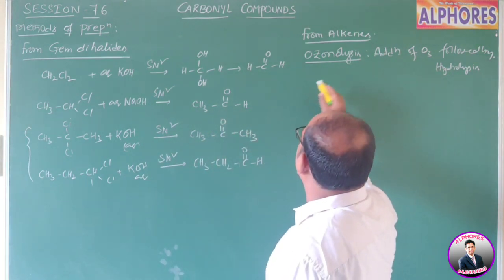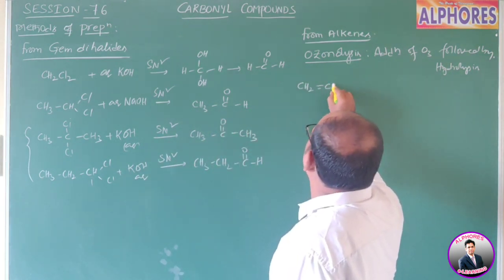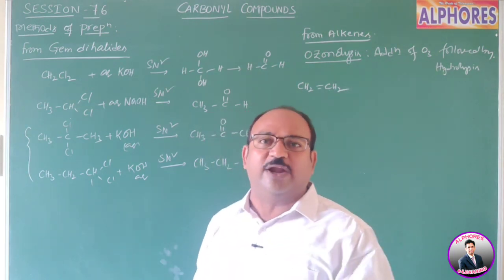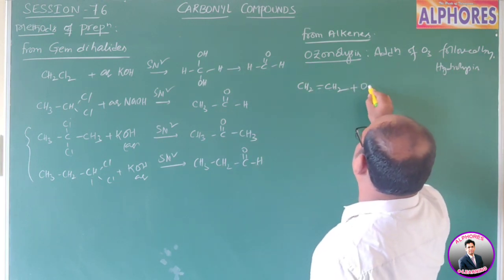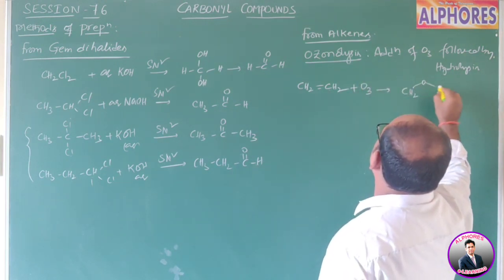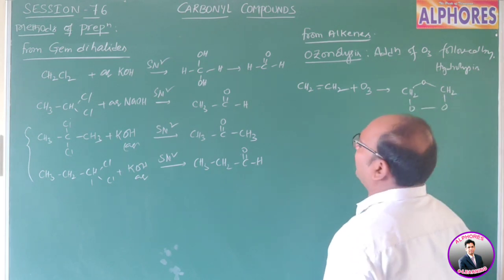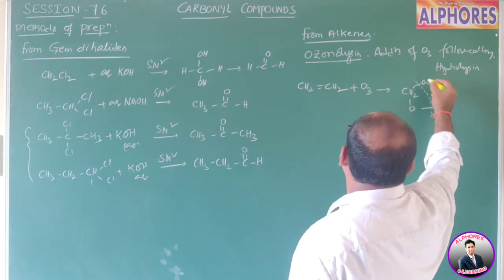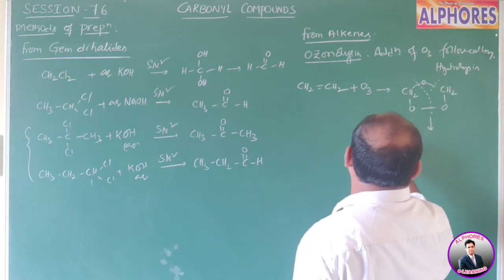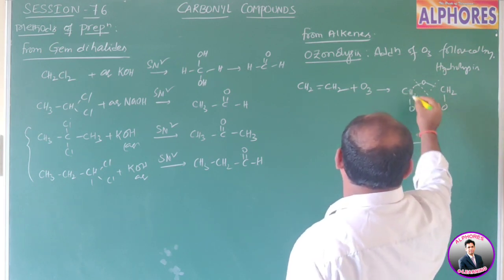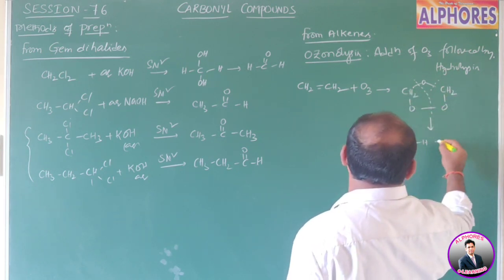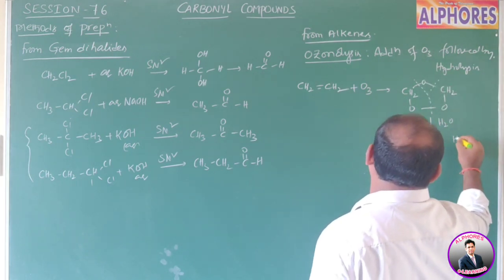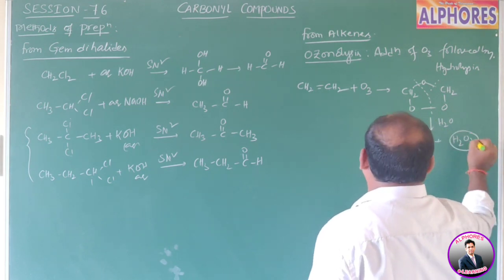Now, consider CH2=CH2, where the double bonded carbons do not possess any groups, only hydrogens. In this case, ethylene upon addition of ozone gives ethylene ozonide. This ethylene ozonide upon hydrolysis, the O-C bond is going to break down. Then we get HC=OH, CH2O, again HC=OH. And here one more oxygen is there. Because of hydrolysis, this oxygen is taken by water and it converts into hydrogen peroxide.